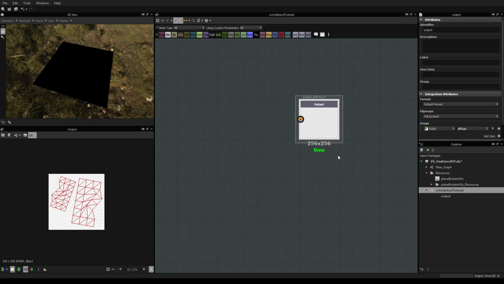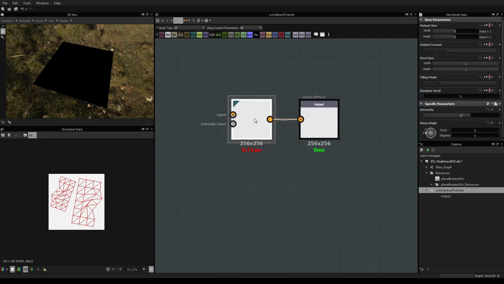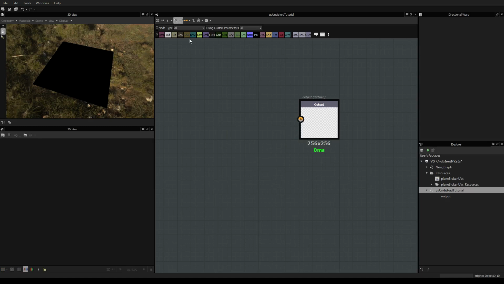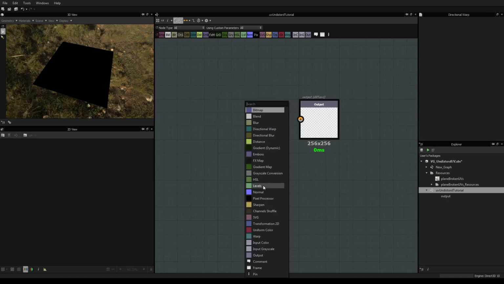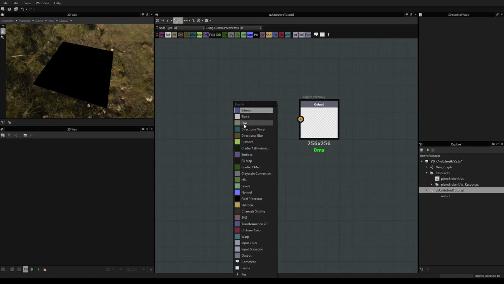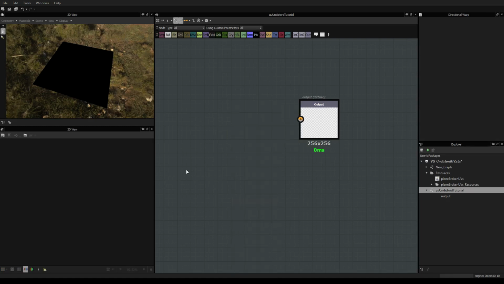Just a note, as you can see, I've switched to 5.1, so you may see some cool features. For example, right now you can click directly here to get some nodes, the atomic nodes, and you have this, which is extremely useful. The spacebar right now gives you access to the full library. So that's why you don't see the library anymore, because it saves me a lot of space, and personally I like that a lot.